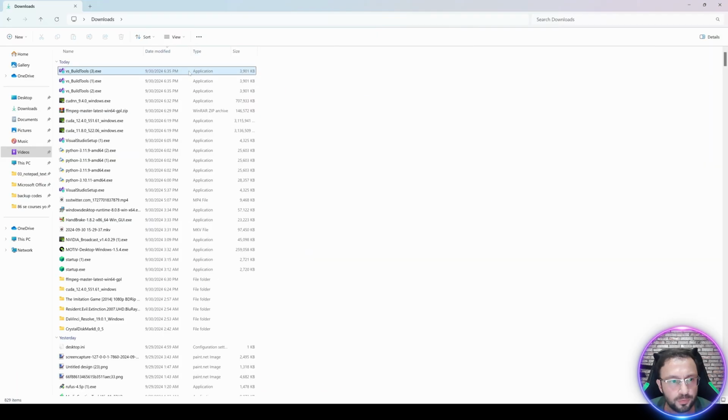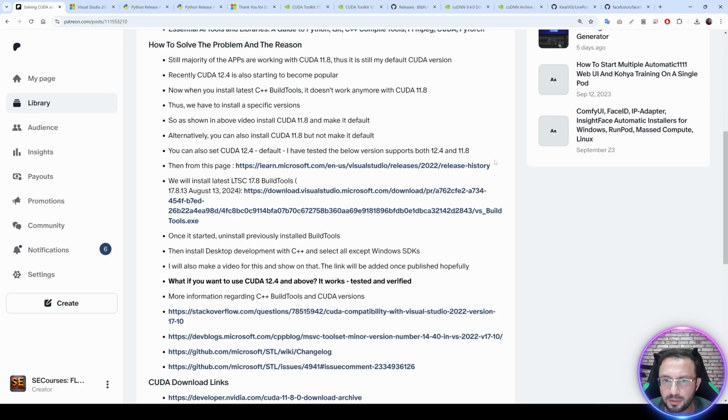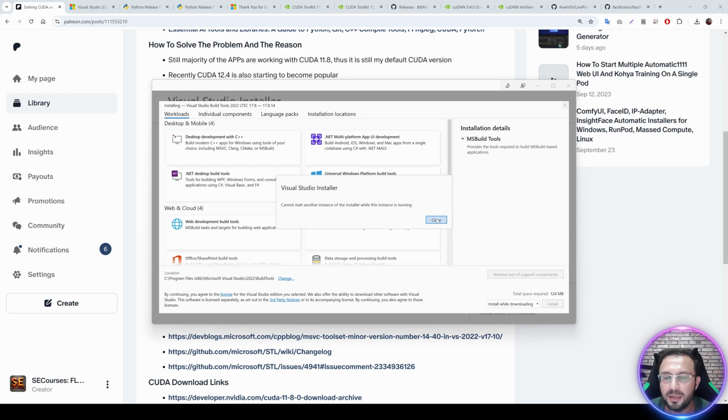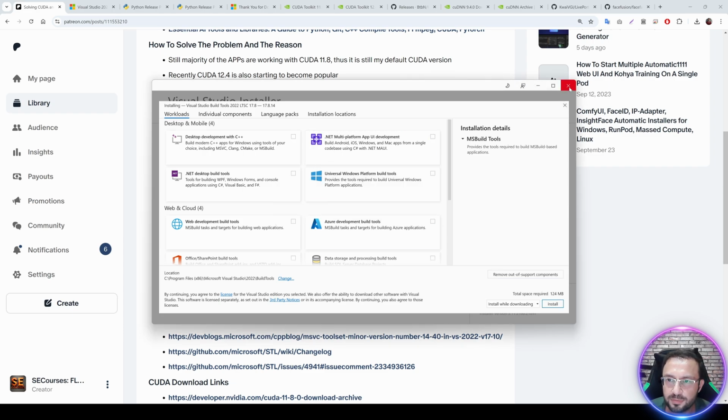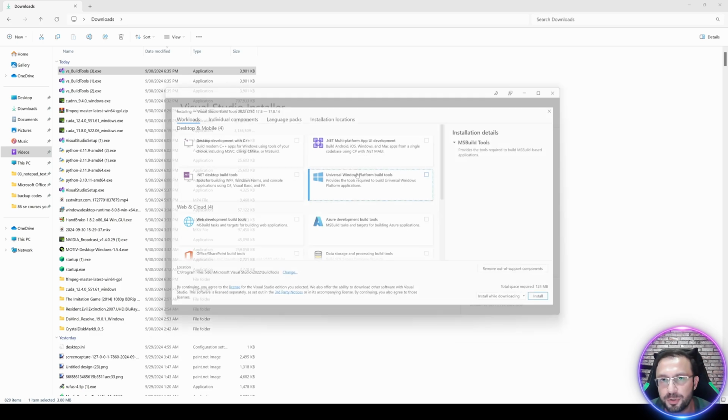Okay, it disappeared from my system, so I will rerun it for some reason. Extracting. Okay, continue. Okay, it failed for some reason. Okay, here it says that I already have installers started, so you need to close all of the installers you have. Let's close this first, then start again. Pay attention to that. Click yes and click continue. So if you have any opened Visual Studio installer, it will not work. In the worst case, you can restart your computer and be sure of that.